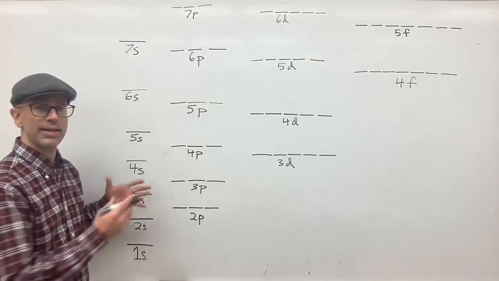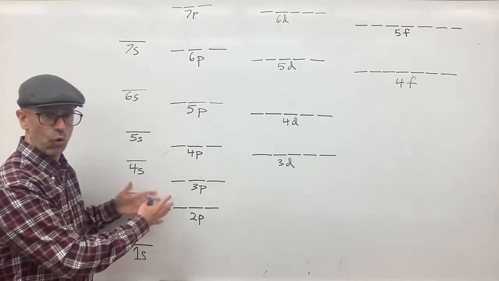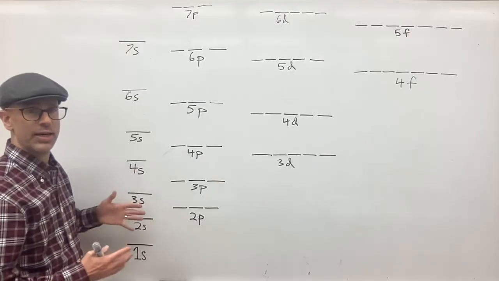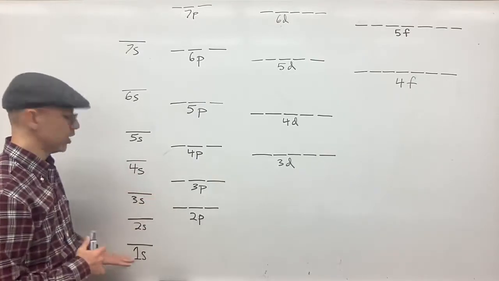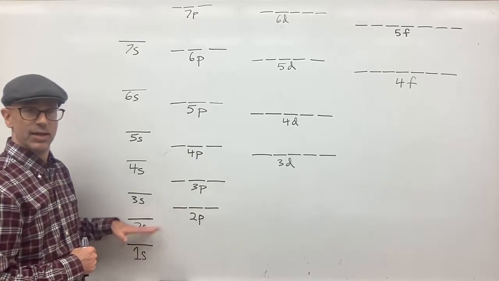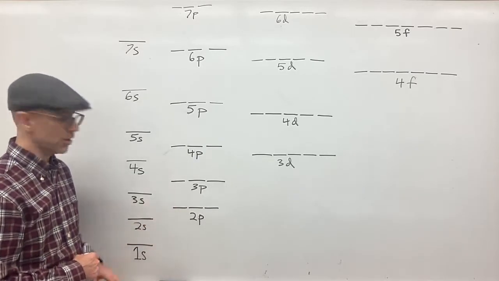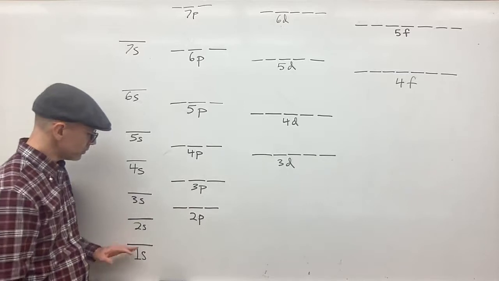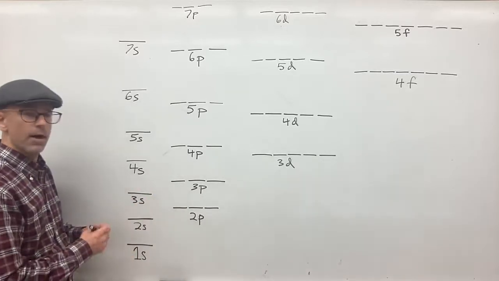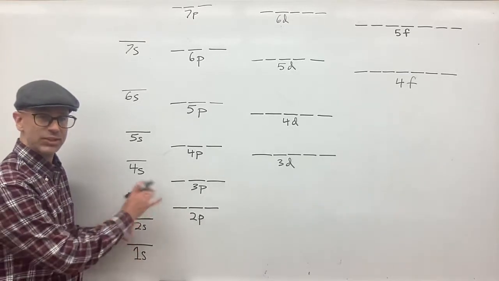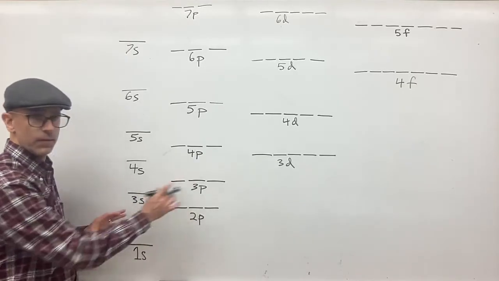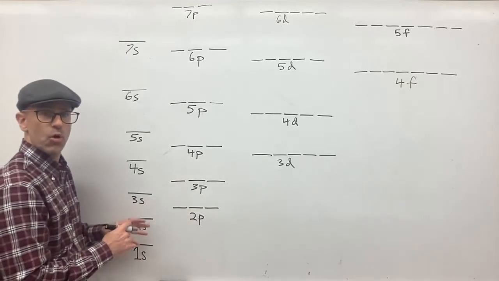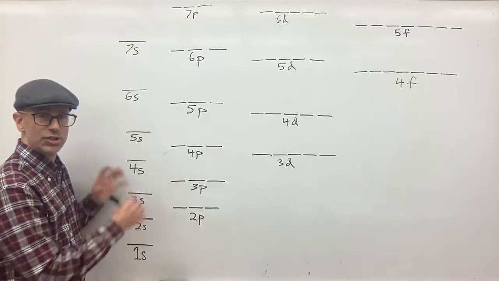So when you're putting electrons into the orbital diagram, think of it as guests coming to the hotel, and they're going to want to fill in the bottom first, right? So as we're putting electrons into their locations, the different rooms of the hotel, this is how the electrons are structured